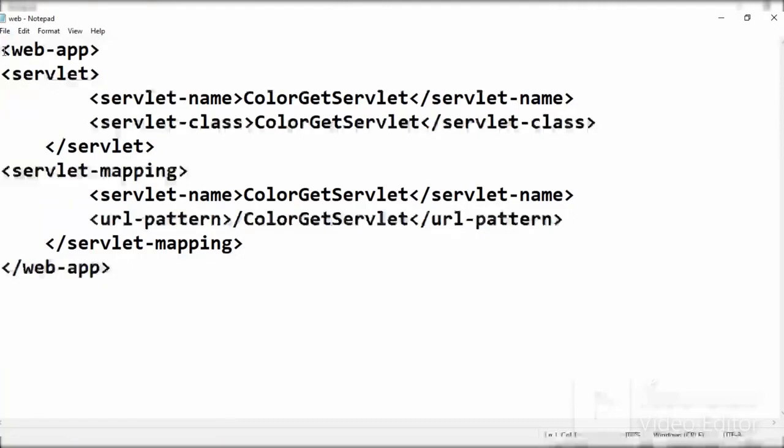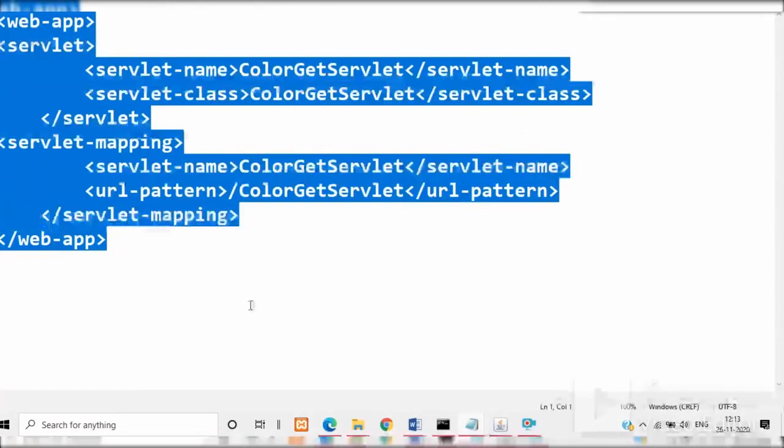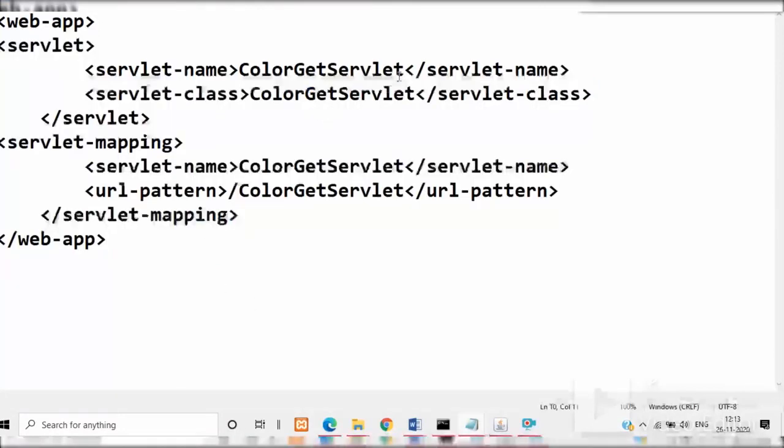When you open this file the first time, it will give you this web-app tag for all servlets which have run. But you can delete that code and type these lines only. So in this code, what changes will we make here?